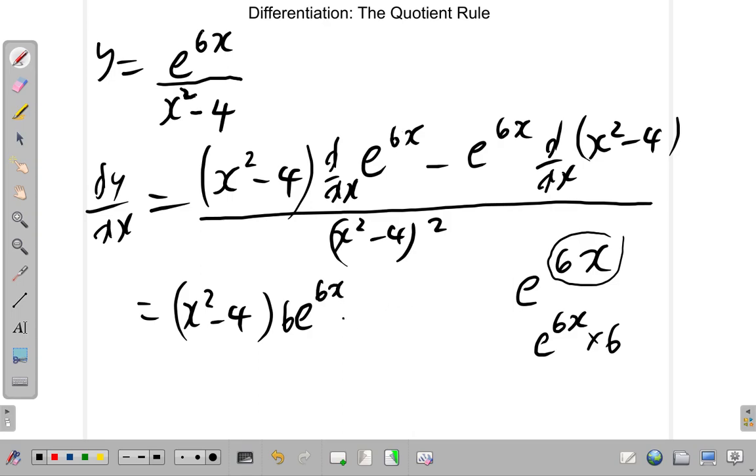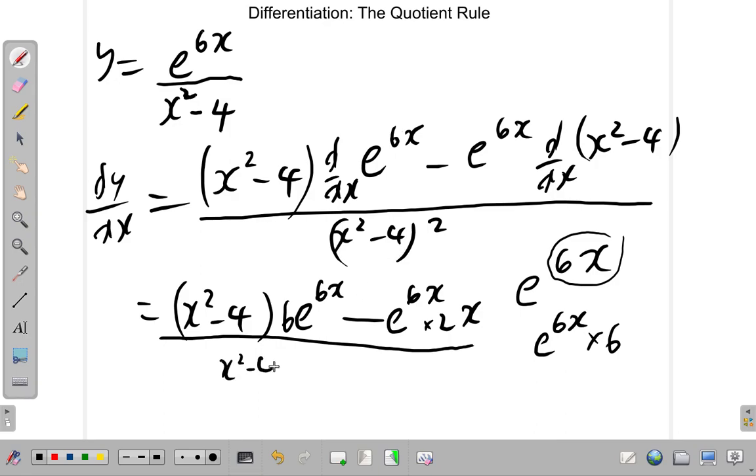Alright, so continue. Minus. You hold e to the 6x as it is. Differentiate x squared minus 4. You know you get 2x when you do that. All over x squared minus 4 squared. You could keep this as it is, or you could expand it out. It's x squared minus 4 by x squared minus 4. So